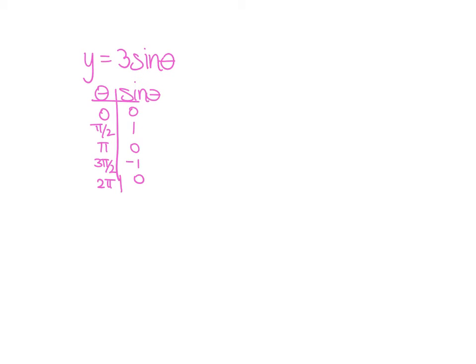When you had a value outside the function, remember, outside affected your output. So what do we do with our output? We times them all by 3. So 0 times 3 is still 0. 1 times 3 is 3. 0 times 3 is still 0. Negative 1 times 3 is negative 3. 0 times 3 is still 0. Okay? So what this is going to change